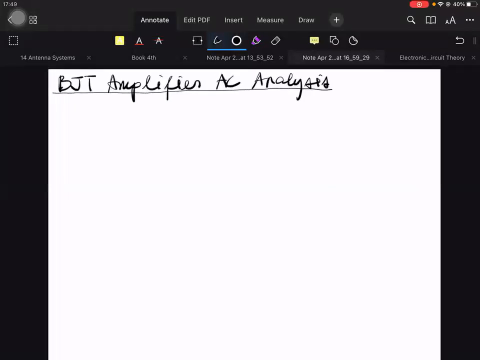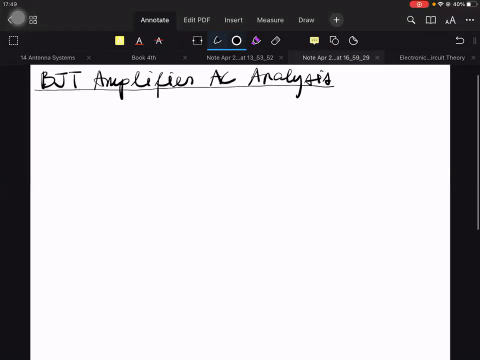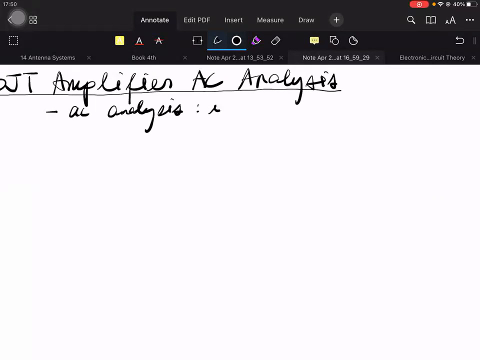But what particular AC parameters then use those DC values? For us, the more practical parameters are what we call the impedances and the gain. Specifically in AC analysis, we are more concerned with the impedances, namely the input